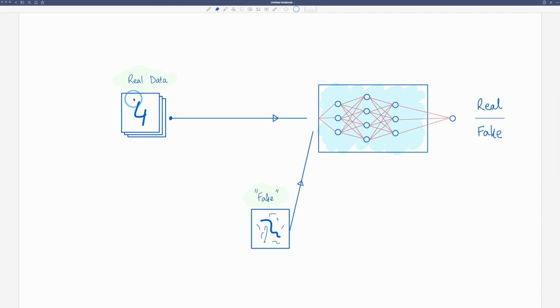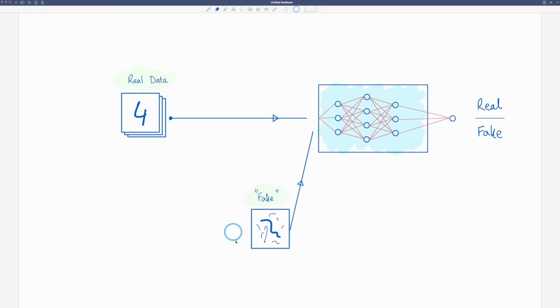So even though the data itself is unlabeled, we don't know that this is a 4. We just know that it's a real world image of a digit. That's it. It doesn't have to be labeled. Even though we have labels in MNIST, we're not going to use them. We are simply going to use the images. As far as we're concerned, it's unlabeled data. Okay? So that is the discriminator part.